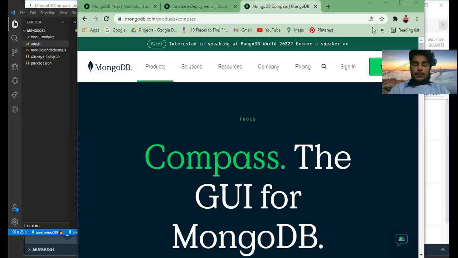Good evening, sir. Today I'm discussing MongoDB GUI, schema, models, and how to establish the connection between the database and the server. So, firstly, we are going to explain